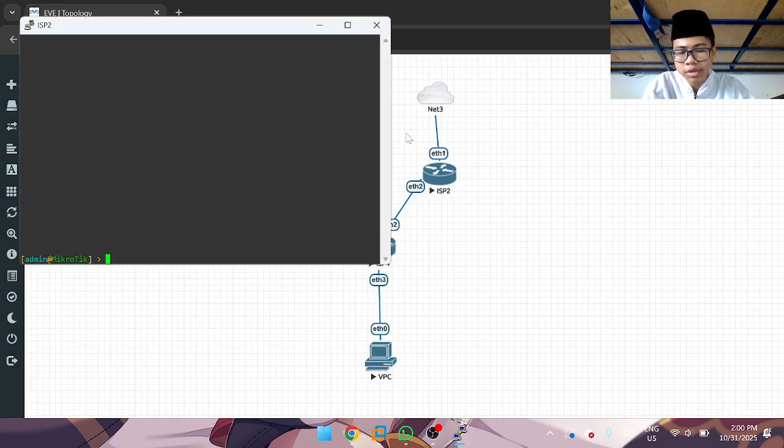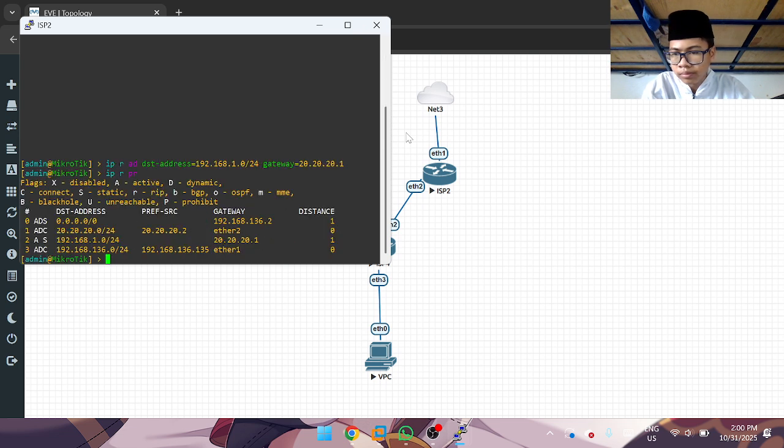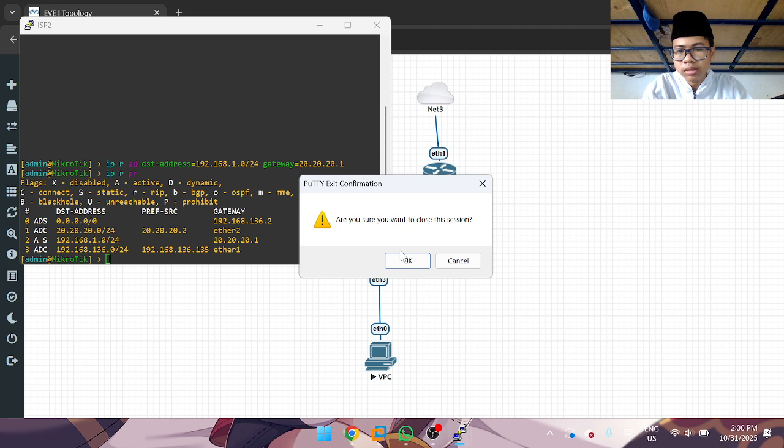And in ISP2, IP route add dst-address the same as before, for gateway is 20.20.20.1. IP route print again. Boom, active static.